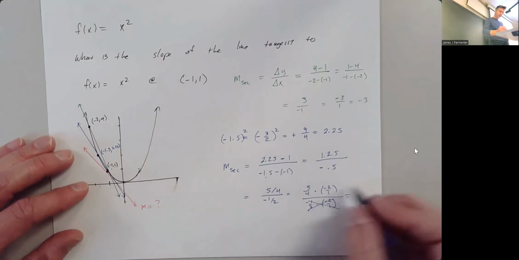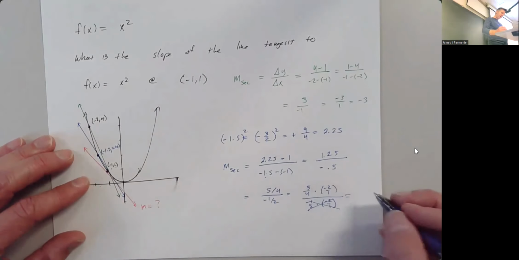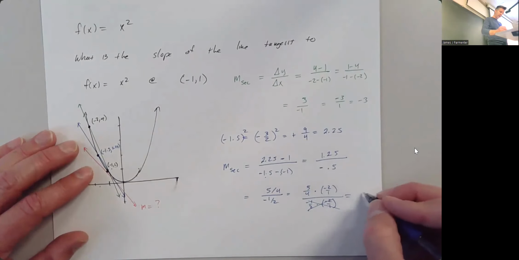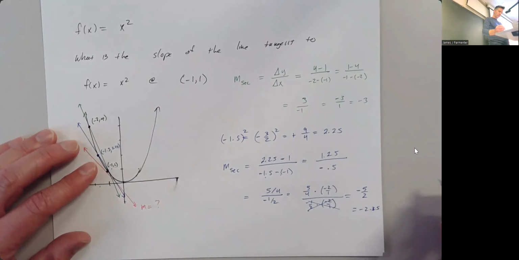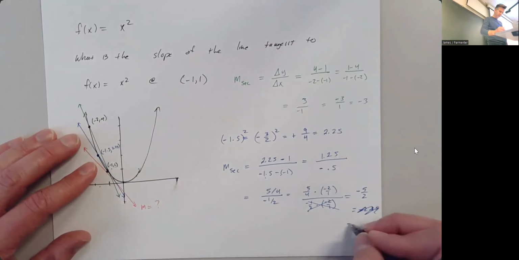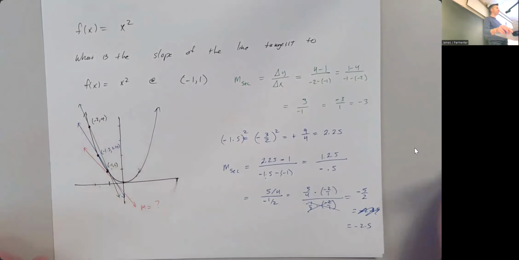So I end up with 5 times 2 is 10/4, which is 5/2. So negative 5/2, or if you prefer, negative 2.5. Okay, so our slope is still negative, but it's not quite as steep,